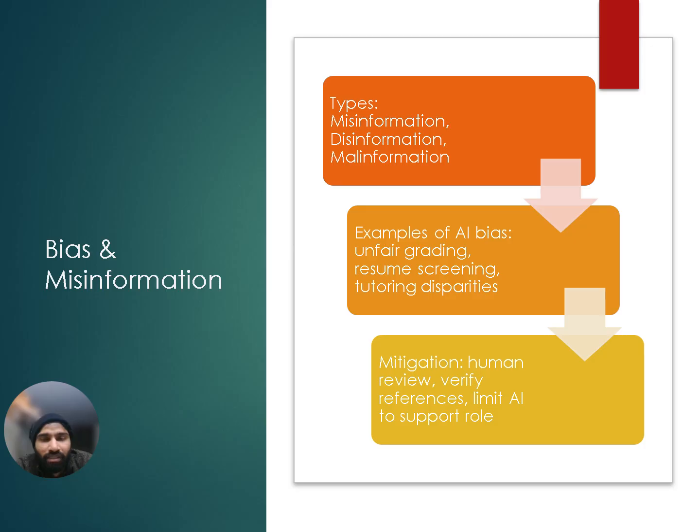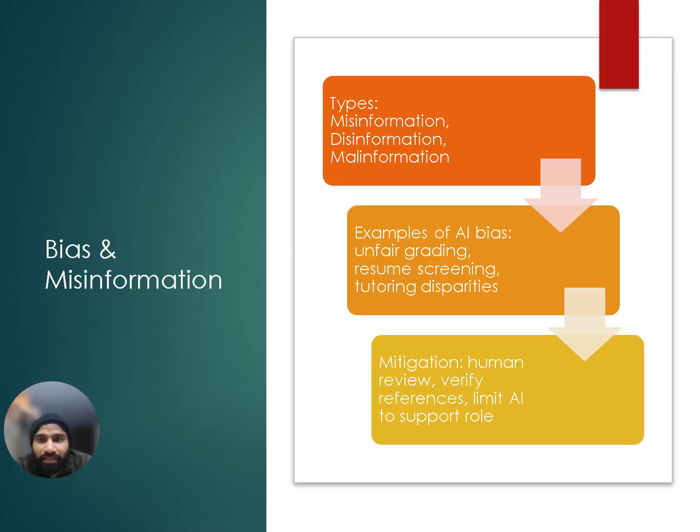First, it is important to understand the types. The first one is misinformation. Misinformation is false information that is not intentionally harmful, like an AI giving an incorrect history fact. The second is disinformation. Here, the information is created on purpose to mislead people, for example, fake announcements impersonating college officials. And the last one is malinformation, where it uses real information but in a harmful or inappropriate way, such as